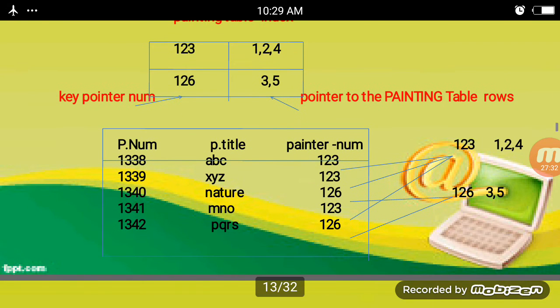For example, I am taking here the painting number, painting title and painter number. The number is displayed in the first column, the title in the second column, and the painter number in the third column.